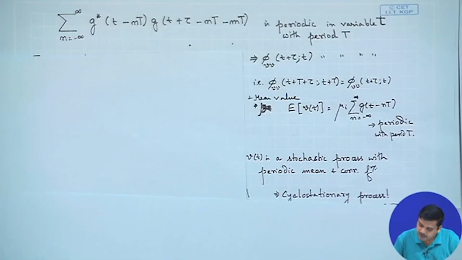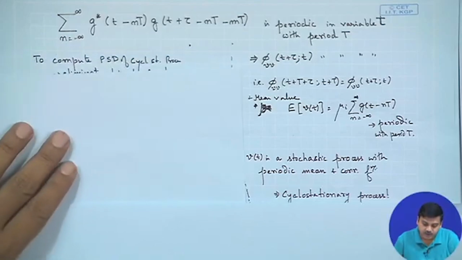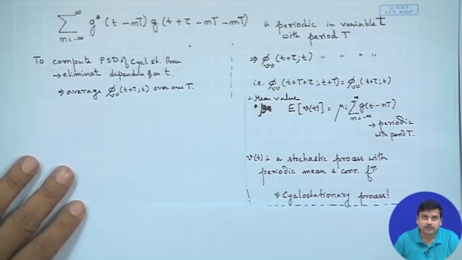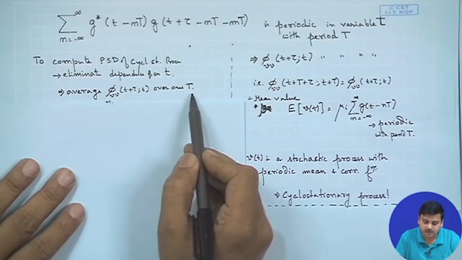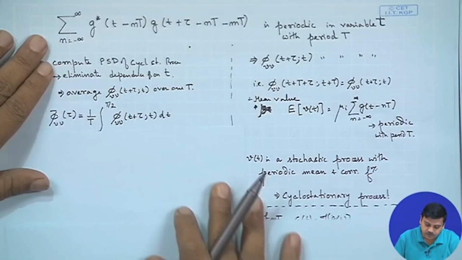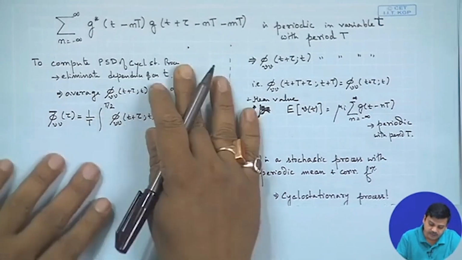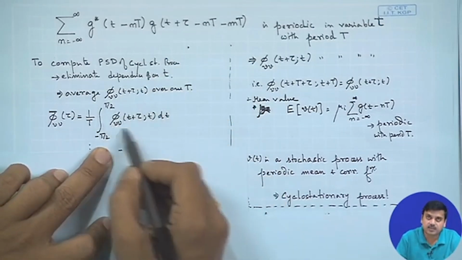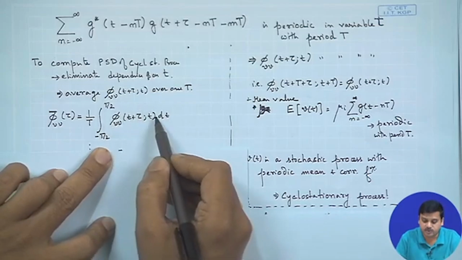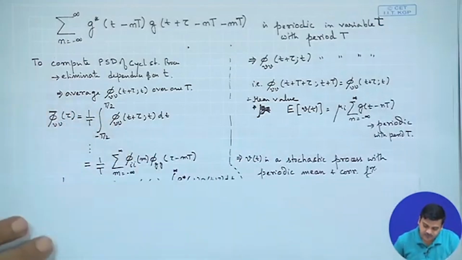So, since we have a cyclostationary process, in order to calculate the power spectral density, we have to eliminate the dependence on t, and therefore, you would like to average this expression over one time interval, right. So, we continue to do that. So, the average value of the autocorrelation function would be, integrate from minus T by 2 to plus T by 2, that is 1 over capital T, and this expression, whatever is the expression that comes out to be. So, if you follow a few steps and expand whatever expression we had there,